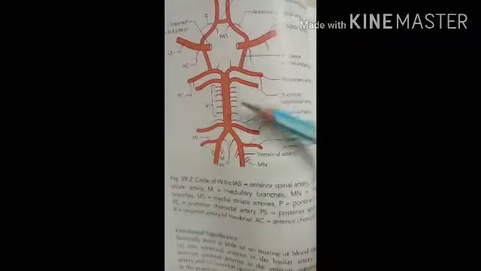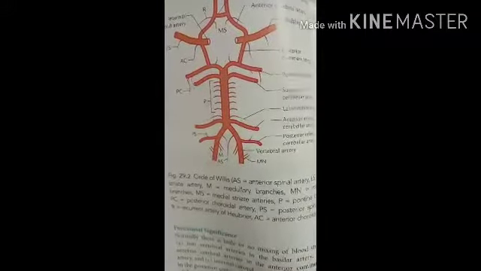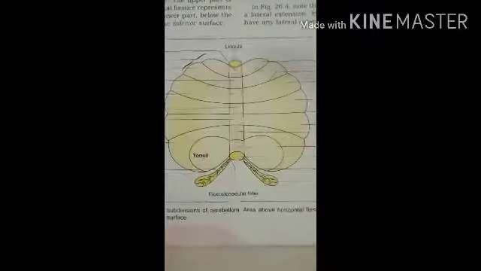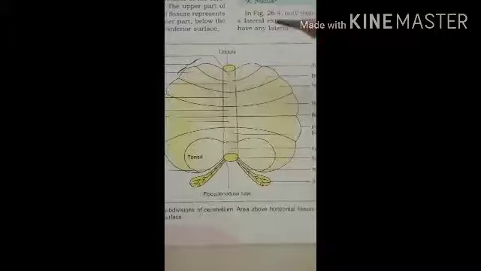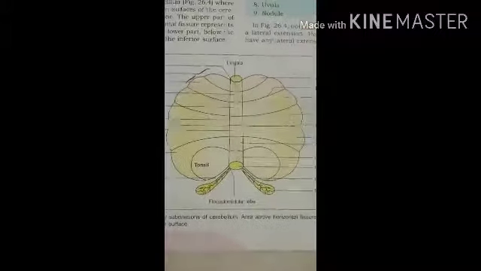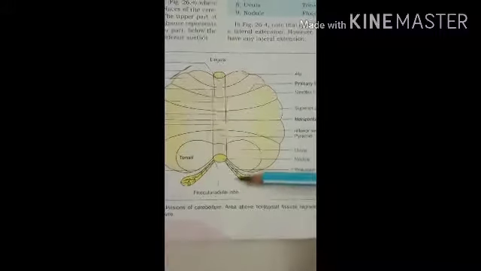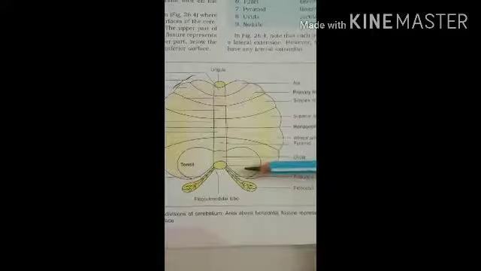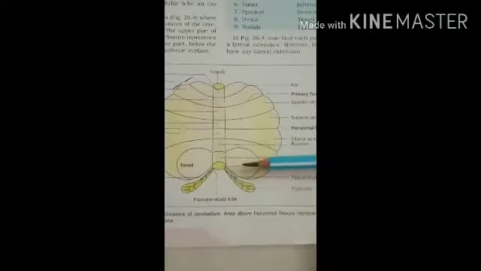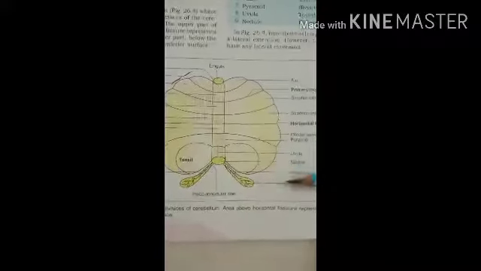So that is the arterial supply of the cerebellum. Next, let's see the clinical or applied anatomy. Before starting the clinical anatomy, let's see the functions of the different parts of the cerebellum. First, that is the flocculus or the flocculonodular lobe. It acts as a vestibular system and controls the equilibrium of the